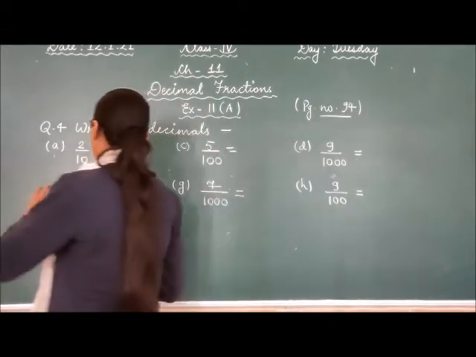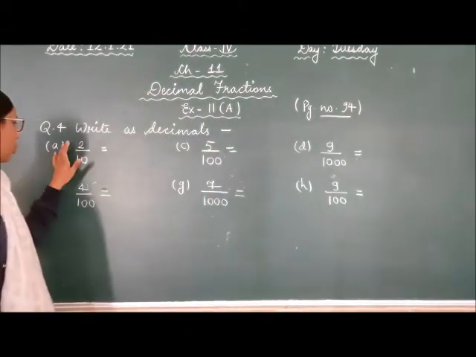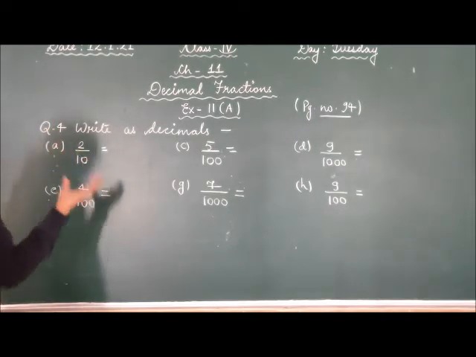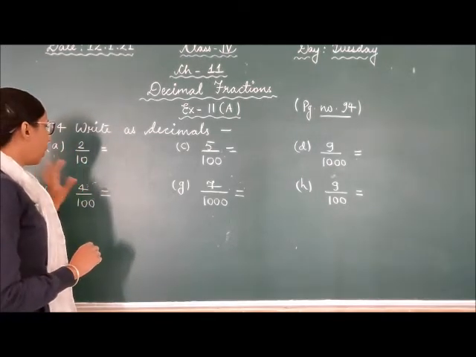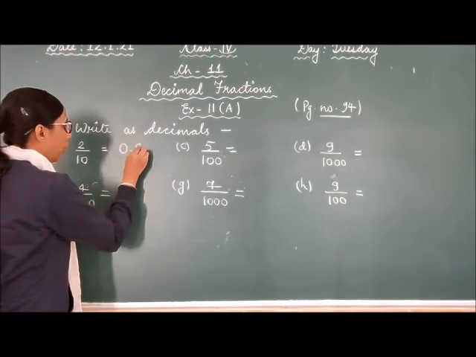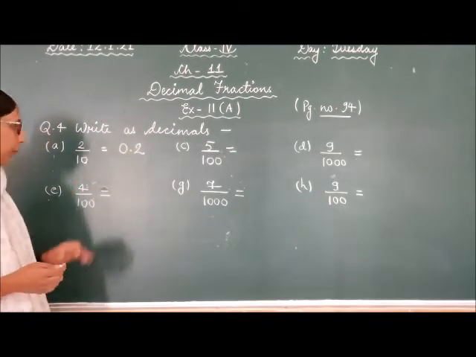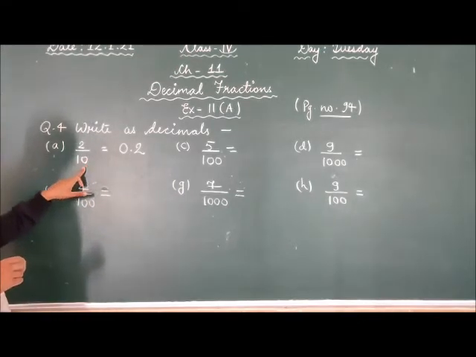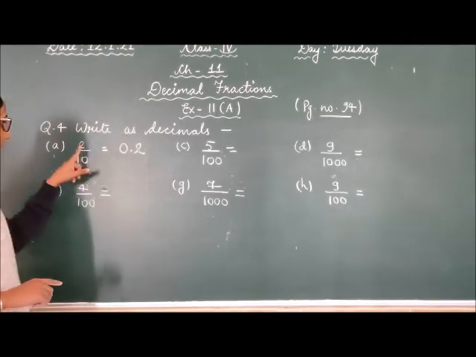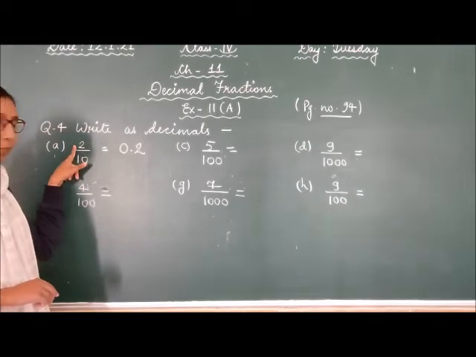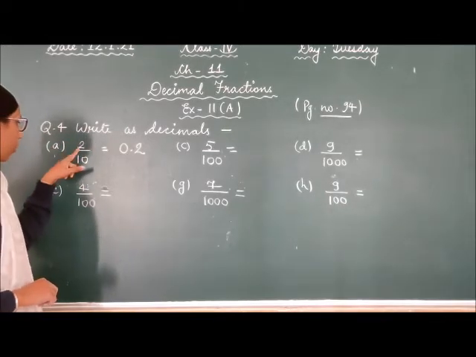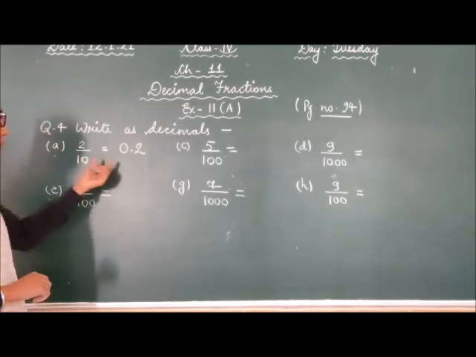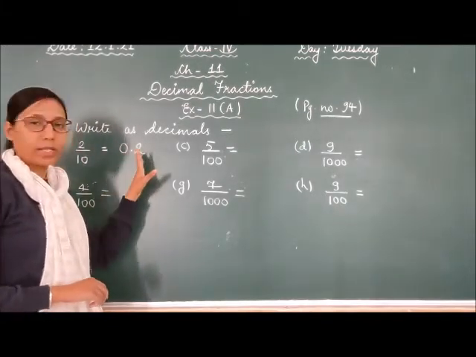So as you can see here, this 2 by 10 is 2 by 10th part of something, or you can say 2/10th part of something, of a whole. So we are going to write it like this, 0.2. And how? Because there is 1 0. According to this 1 0, you are going to put decimal point just before this 1 digit. यहाँ जो भी नंबर होगा उसके 1 digit से पहले हम क्या लगा देंगे, decimal point, and you are going to write it like this, 0.2.